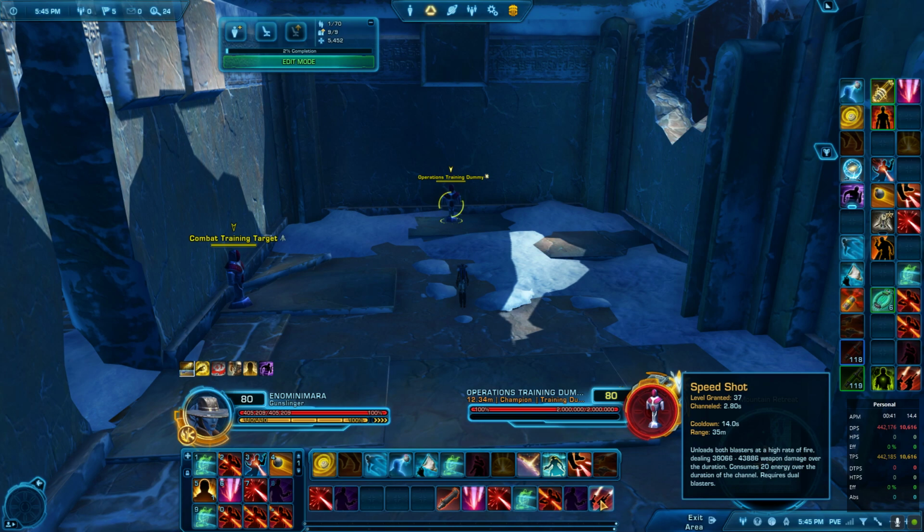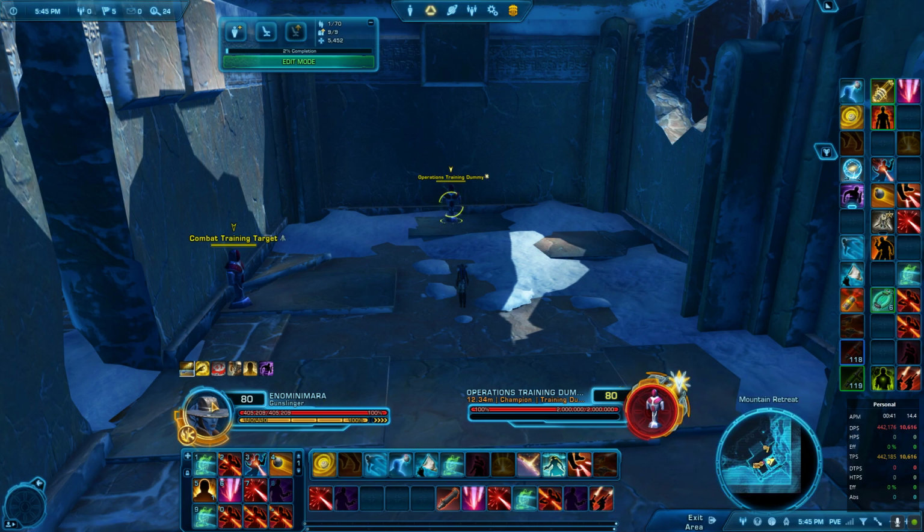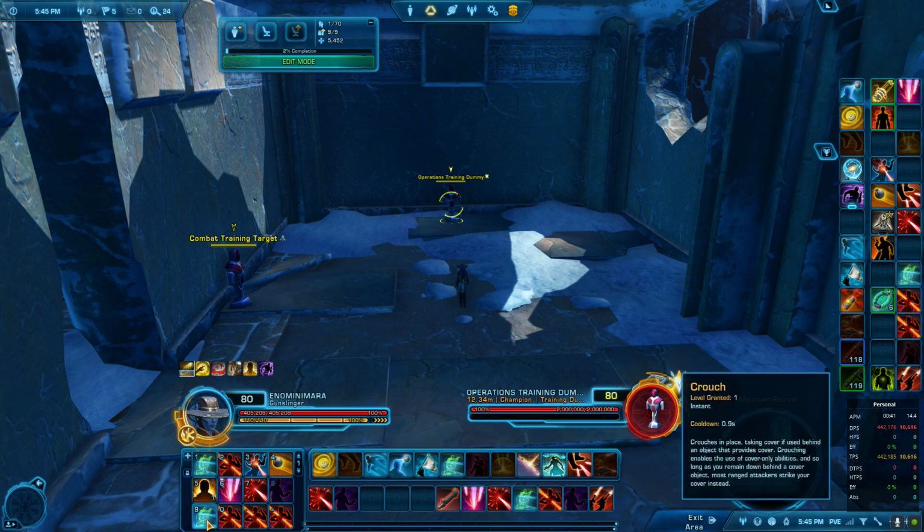I mean, if you really want to, you can, but I don't ever use Speed Shot because it seems like it does a lot of damage, but I don't find that it's effective. It's very strange. So then immediately from there, I'm going to drop back over here and pick up a crouch. I'm going to walk forward, crouch, go through here, do another wounding shots, quick draw, and then start over and